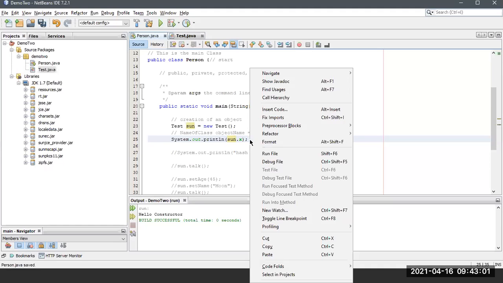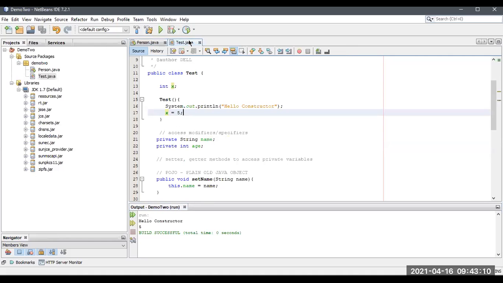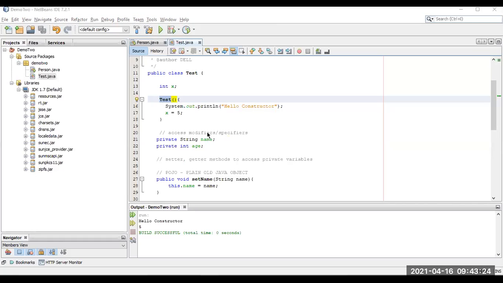So now I'm going to print the value from that particular file. See, hello constructor and the value. What are all the things I mentioned over here? There is no need to access them separately, we just need to call the test object itself. Okay, now you got the information about what constructors are. Again, I will discuss this in the later chapters. Mainly, at the time of setter and getter methods, it is essential to use a constructor.